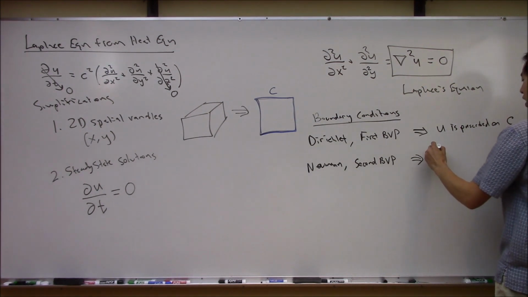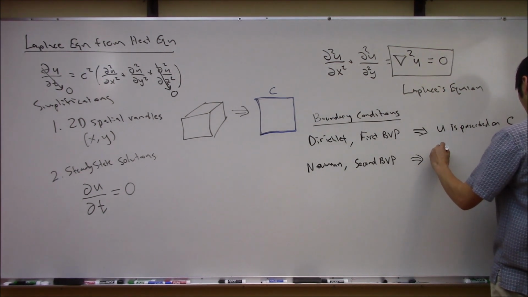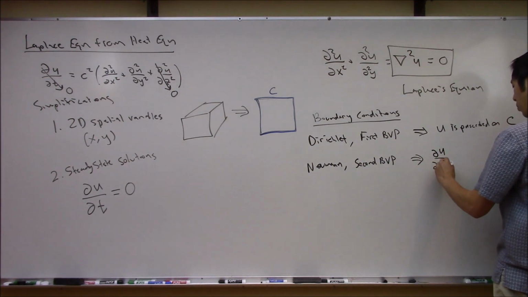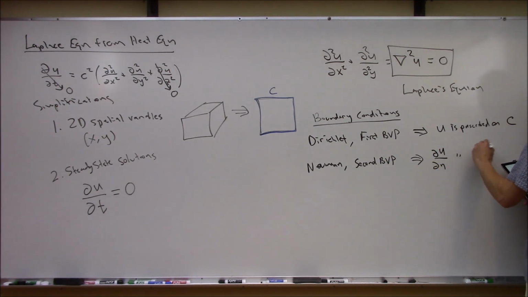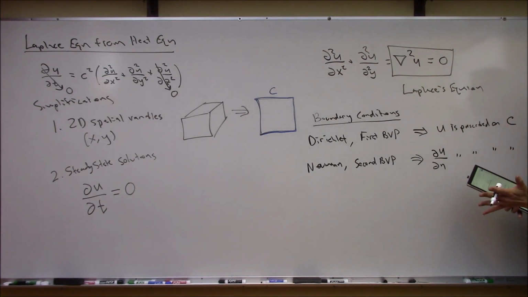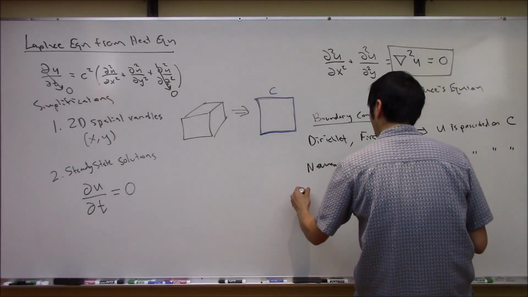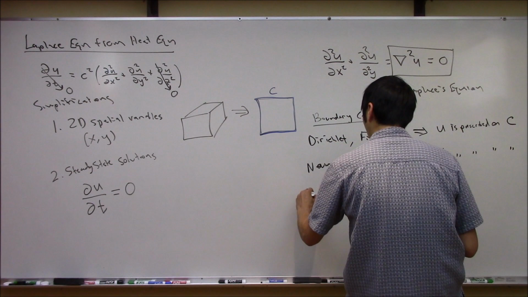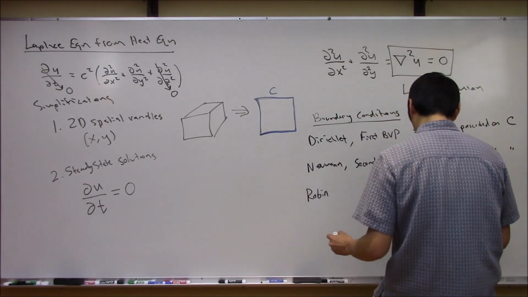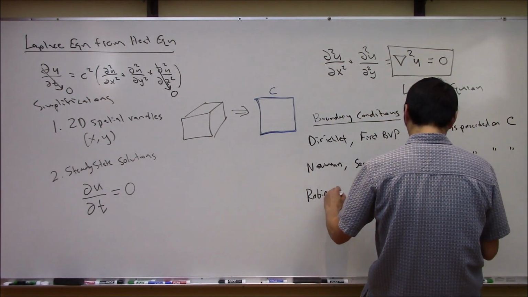So in other words, partial u with respect to some normal vector is prescribed on C. Instead of specifying the actual temperature, you specify the slope of the temperature on the edge, right? The last one that is fairly popular is called a Robin problem, or a third